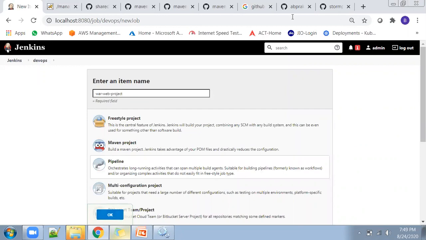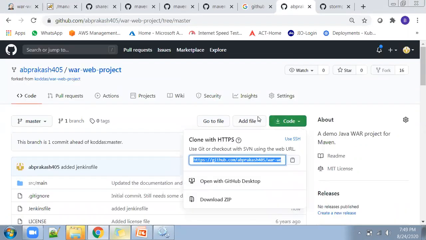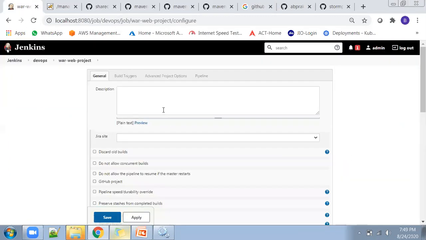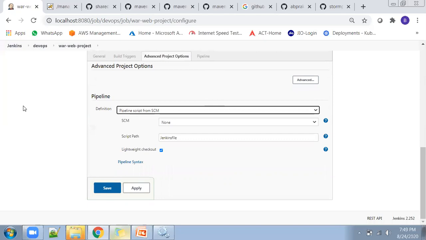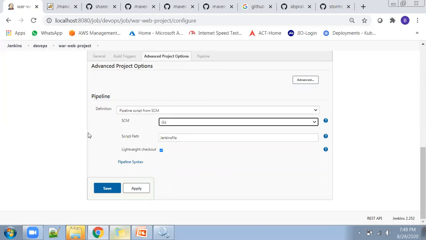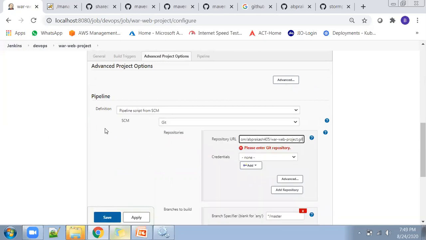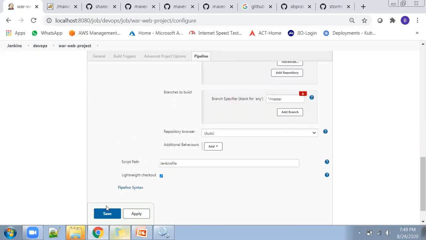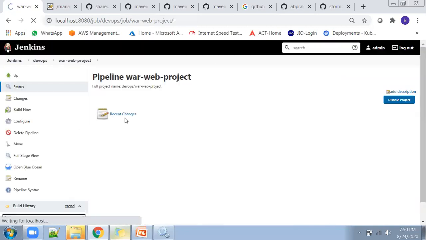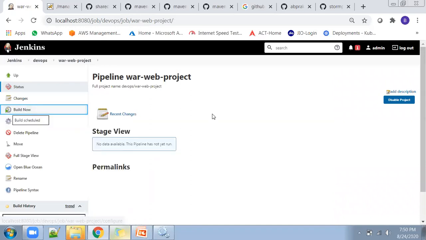Click on Pipeline and click OK, get the URL from GitHub and go to the pipeline section. In the drop down select Pipeline from SCM, select Git and paste this URL, and the Jenkinsfile script path is fine. Click on Save. Now you can click on Build Now.